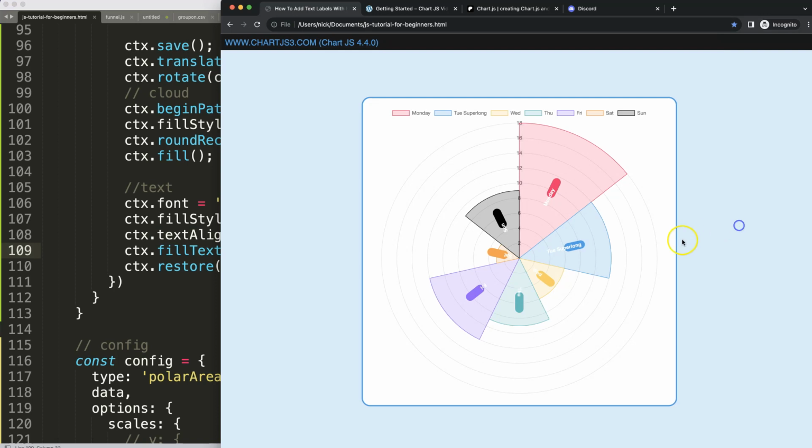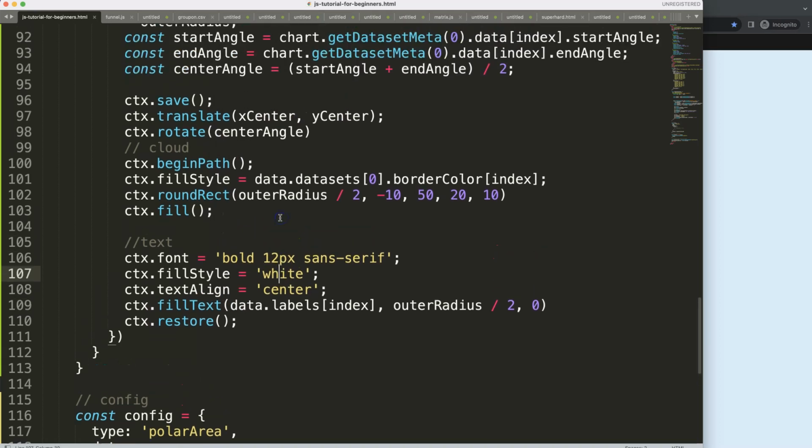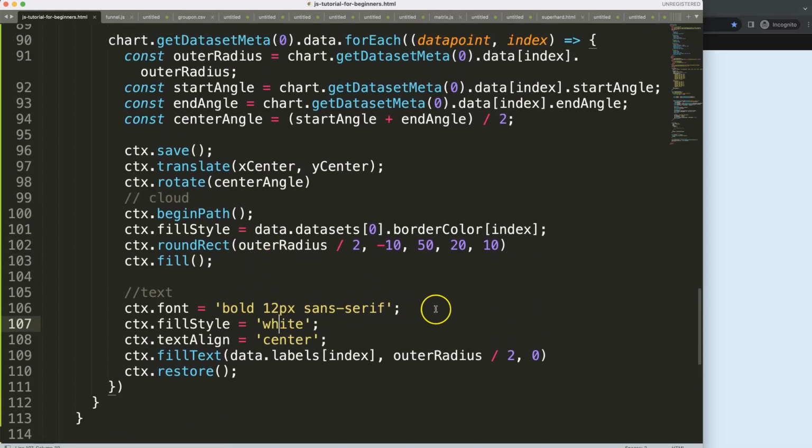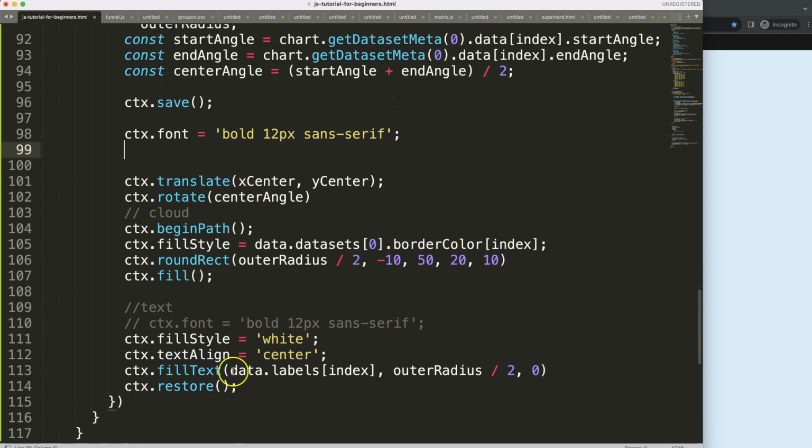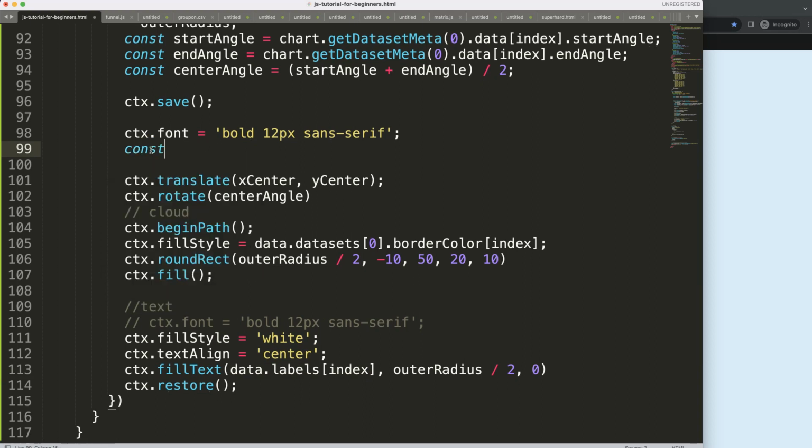That's already done, but the width is definitely off. So what I need to do here is, let's grab this one here. The reason why I'm going to grab this is I need to preset the font type and the amount of pixels before I calculate the width of this text. And I'm going to show you later on why. So I'm going to copy this and then comment this out, and just put that in here. So we're going to define the font type and the pixels, and then this item I'm going to grab, and say, let's say a constant textWidth equals